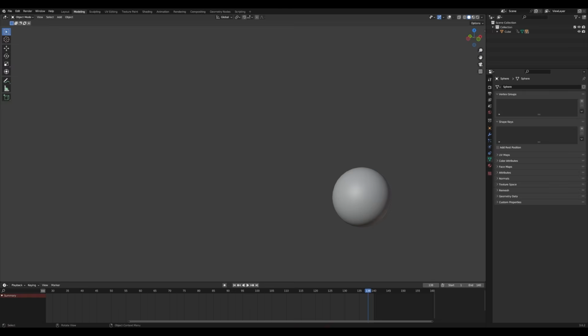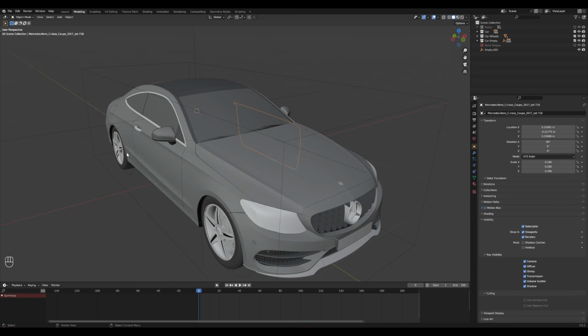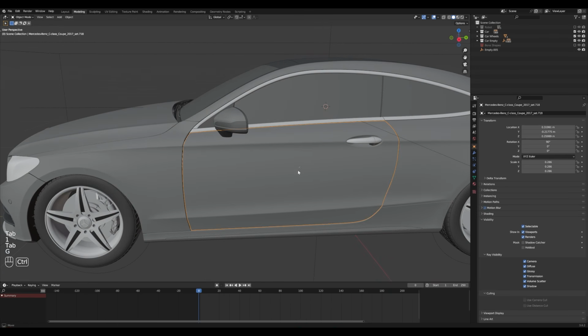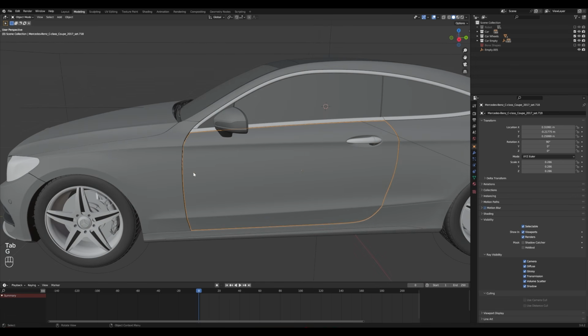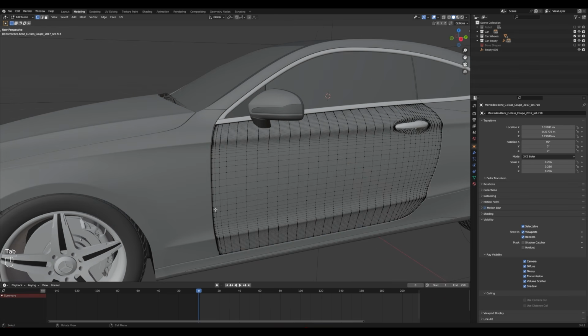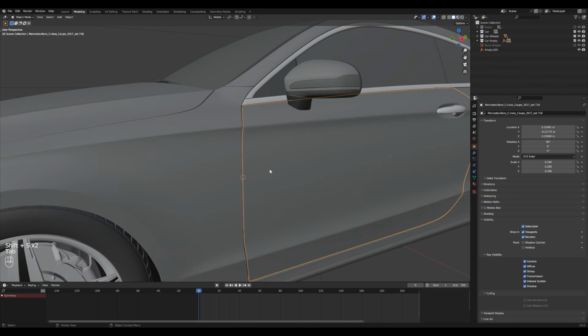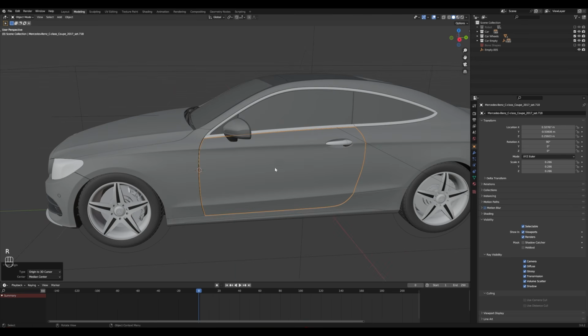So back to our car. Let's start with this door first. Select this door. I want to make an animation like before the robot transforms. I want these doors to open, but here's a problem. The pivot point of the door is in the center, which we don't need because our door has to rotate on this axis. So I will go to edit mode and select these side edges, then hit Shift S and Cursor to Selection, tab back to solid mode, then set origin to the 3D cursor. Now our door is rotating fine.